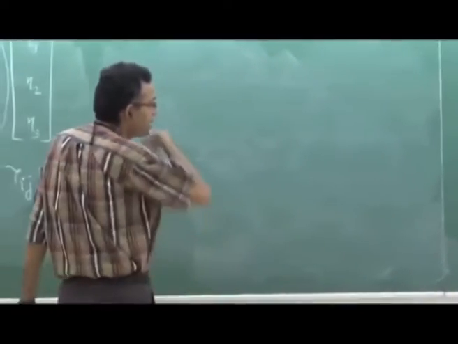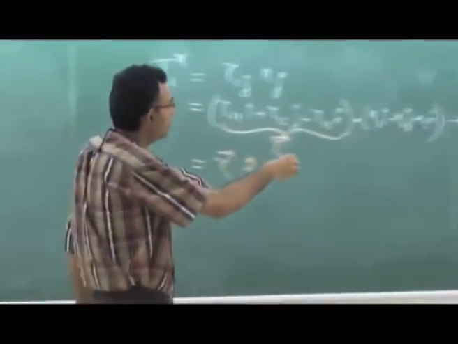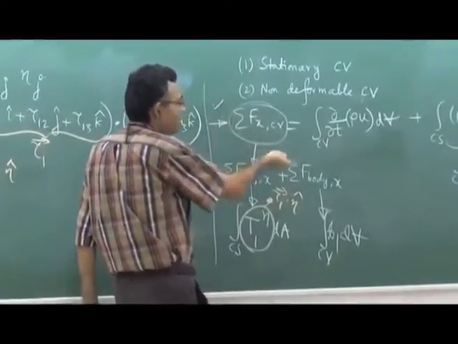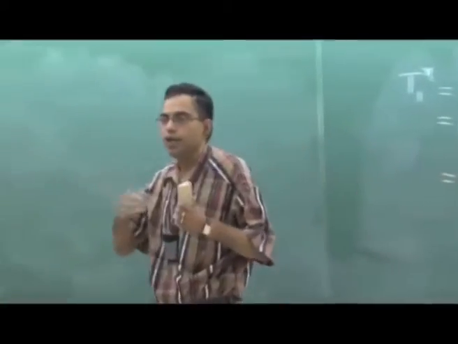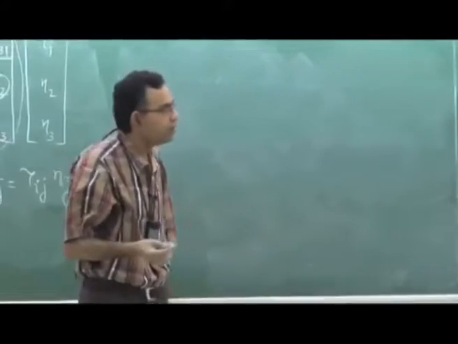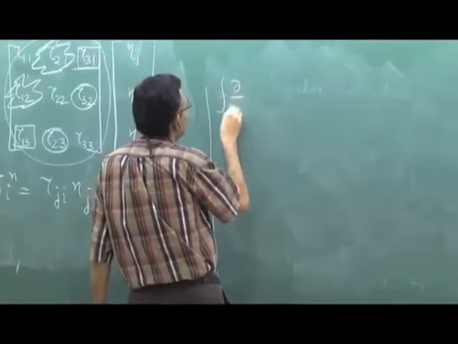So what we will do is we will write the right hand side of this equation in the left hand side and the left hand side in the right hand side. That is the standard way of writing it in fluid mechanics. So we will write integral of del del T of rho u